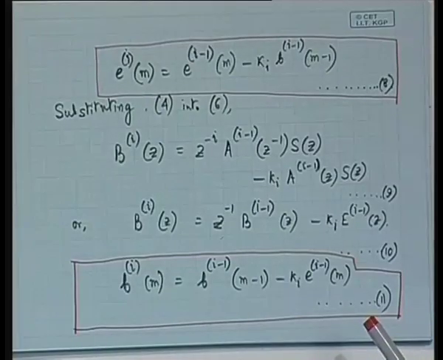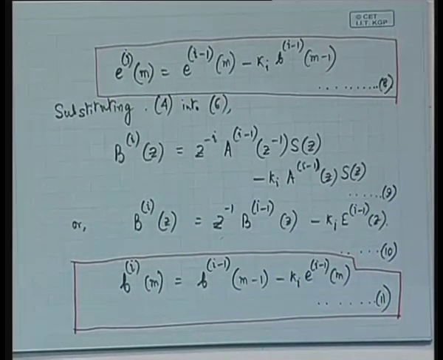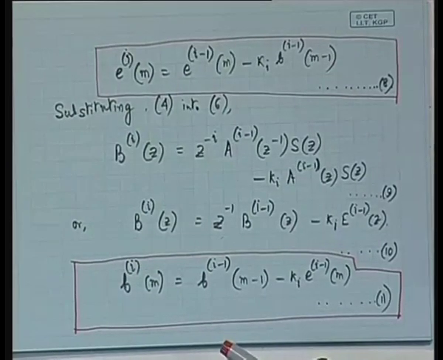So, with the initial condition that we know E0 of m and we know B0 of m, we should be in a position to now determine E1 of m. Can we determine E1 of m? Yes, we now go to equation number 8. We want to determine E1 of m. We know E0 of m. E0 of m is nothing but S of m, the sample value itself, minus ki B0 of m minus 1. We know B0 of m minus 1, because B0 is nothing but the sample itself, that is going to be S of m minus 1. So, essentially what we have is simply S of m,